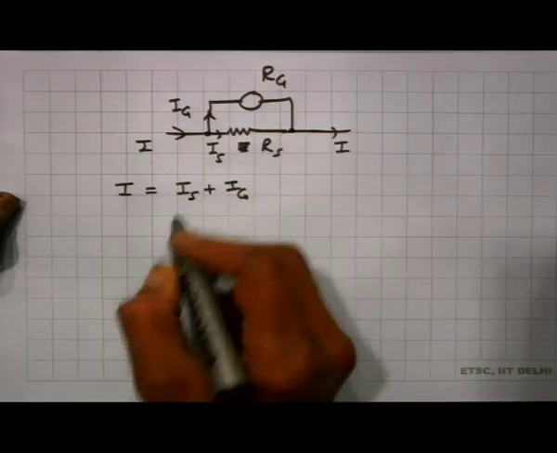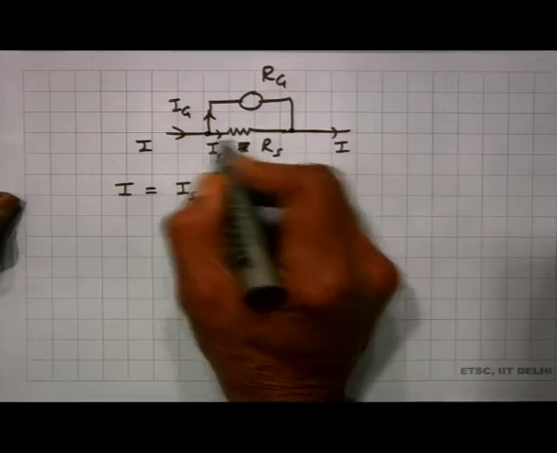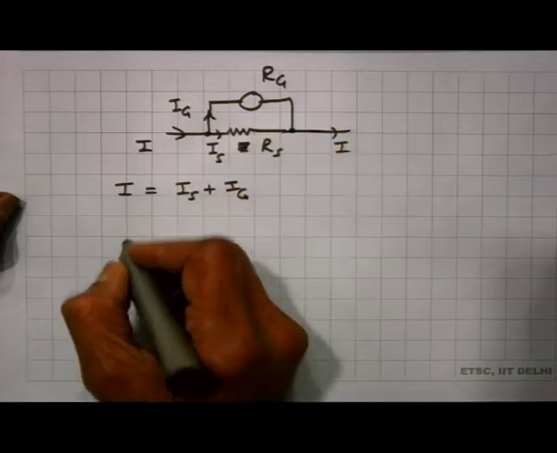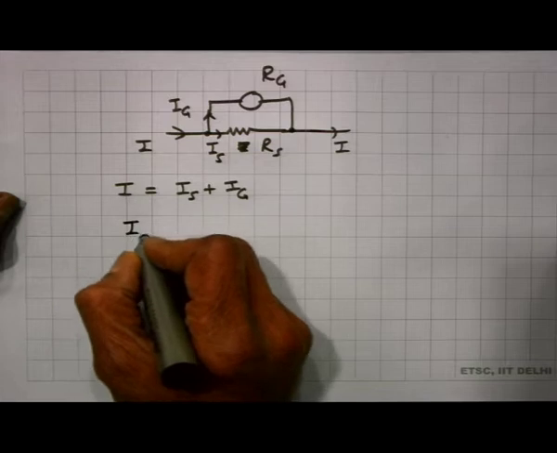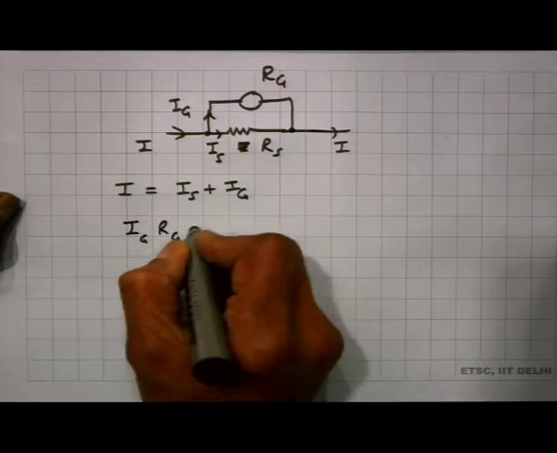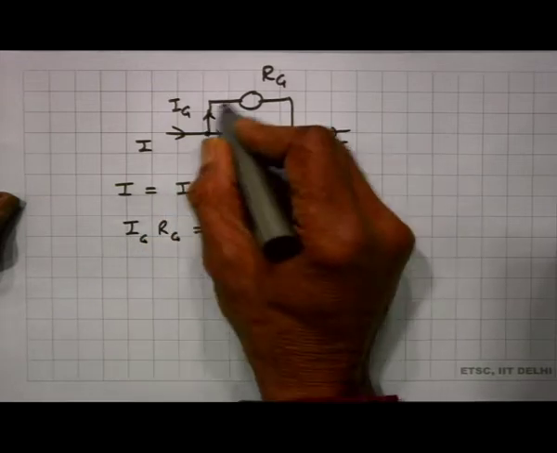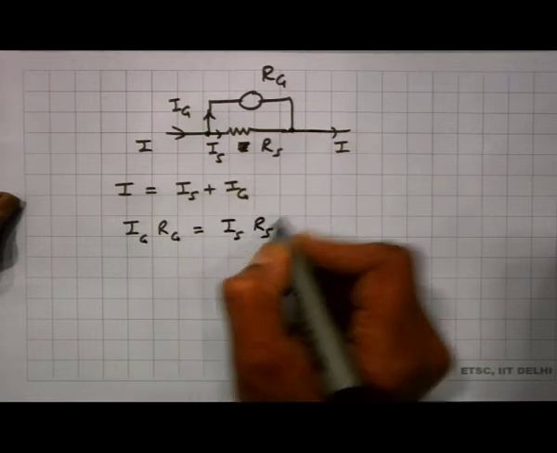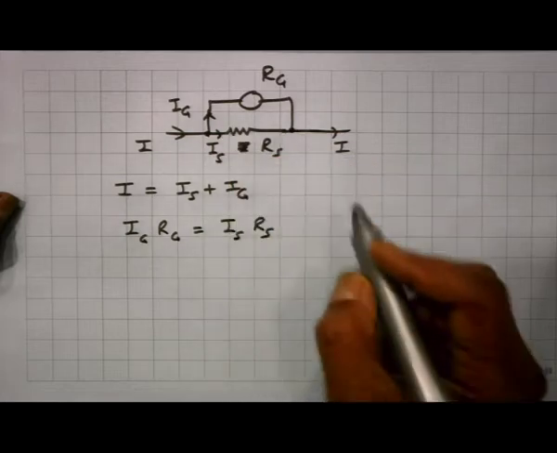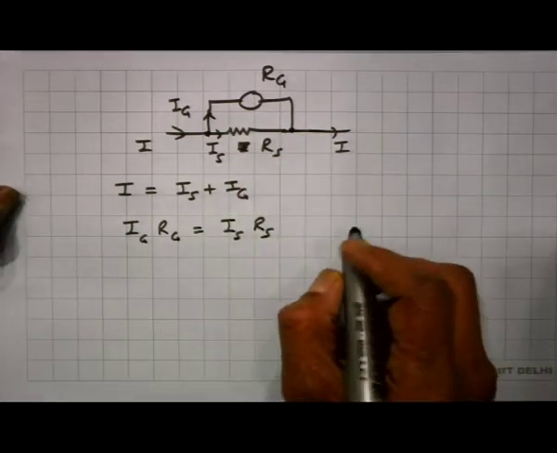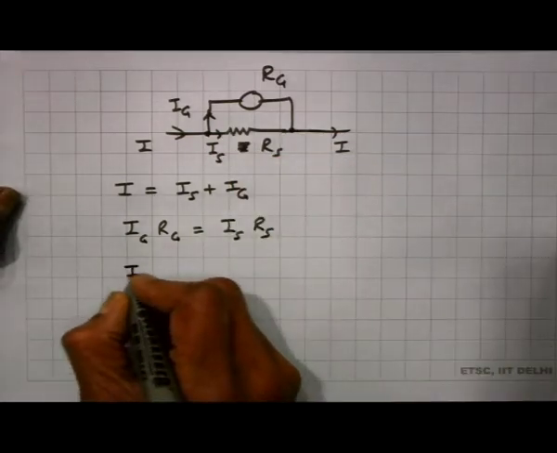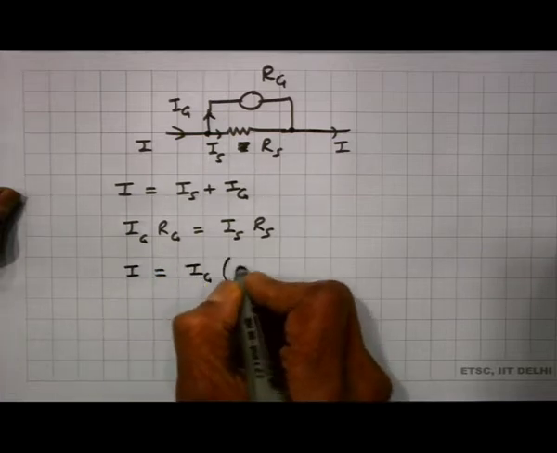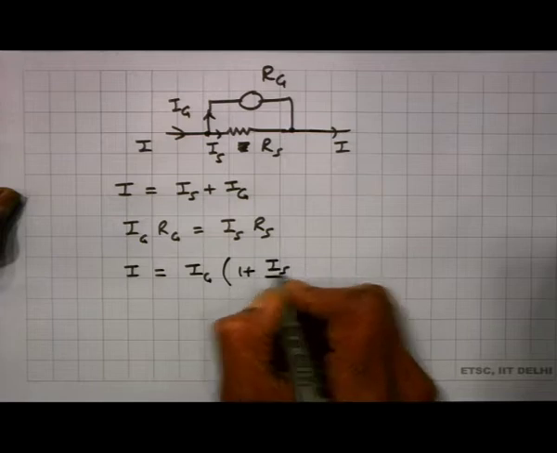Because between these 2 points the potential difference is the same whether I look at this current or this current, I also have an equation: Ig into Rg, which is the potential difference across the galvanometer, is equal to Is into Rs, which is the potential difference across this resistance Rs. So, I can use all this to simplify. So, I is equal to Ig into 1 plus Is by Ig,